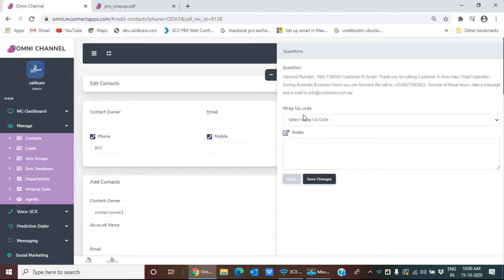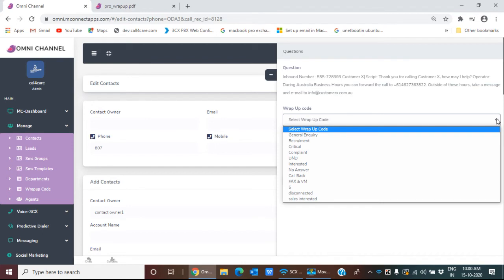You can see here wrap-up code. I'm going to select the wrap-up code. Omnichannel offers very simple and accurate wrap-up codes which are very easy for the agent to choose. They are so accurate that the code itself will indicate what the whole interaction was about.